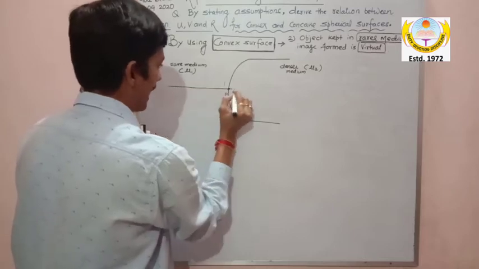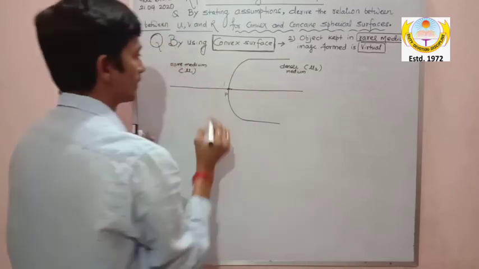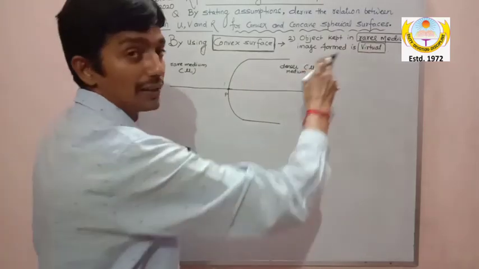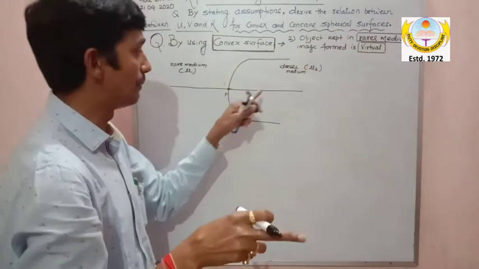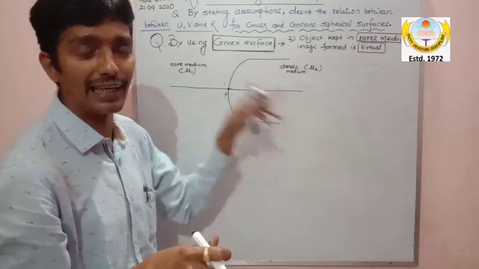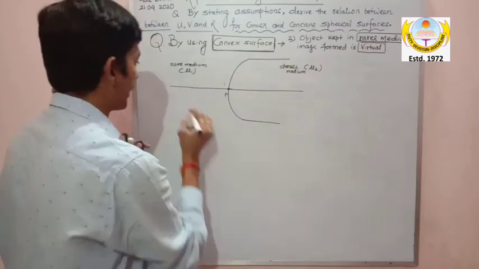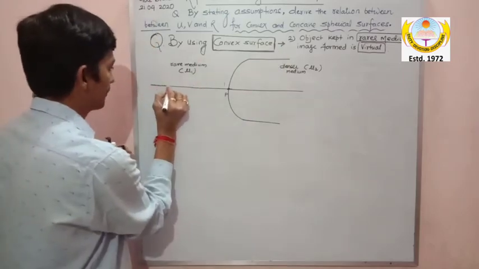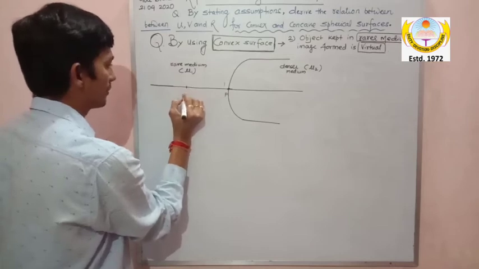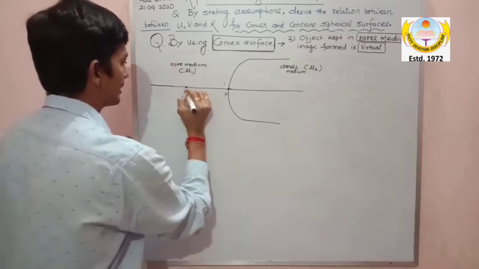And this is the principal axis. But now this time the image is virtual. So what you have to be conscious about? That image is not formed on the other side, it will form on the same side. Okay. So now my dear, let us take, here I have taken the object, and this is a point object,